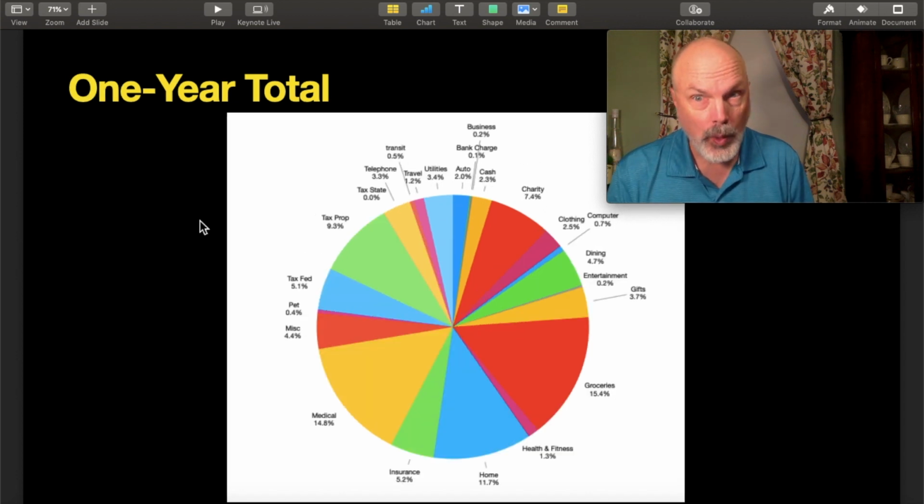Now, in the last 12 months, I've gotten a lot better on that miscellaneous. You see, miscellaneous is down to 4.4% now. Some things truly are miscellaneous, and that's okay if that's the category. And as you can see on this 1-year chart, groceries and medical are roughly about 15% each. And if you add up the home-related expenses, you're close to 24% for home, utilities, and property tax. That reflects some decisions we made this past year to do some home improvement and some COVID projects